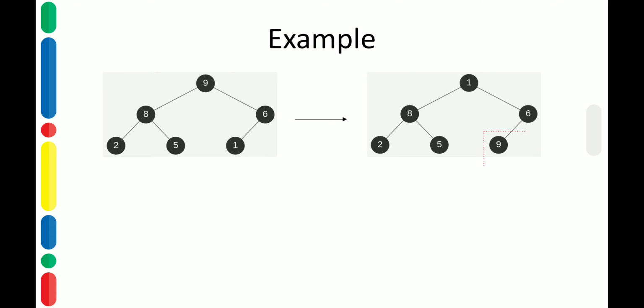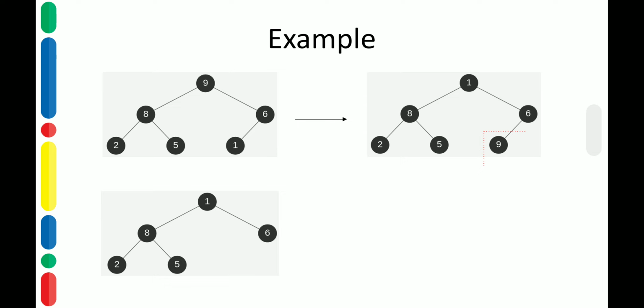So we check here as to whether parental dominance holds. We start with the root. 1 is not greater than 8 or 6. So this is violating the heap requirement. Hence we swap 1 with the largest child. Swapping 1 with 8 gives us 8 in the root position and 1 as the left child. Now, when we discard this 9 and don't consider it, this is what we get.